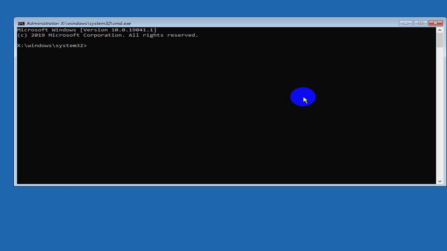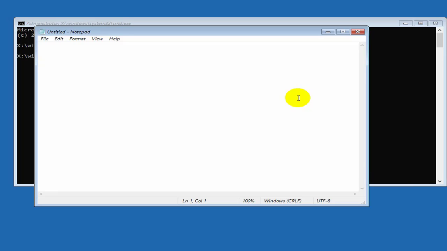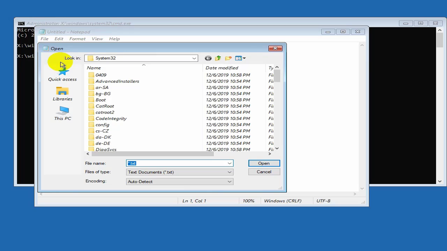The window enters the command display. You will type the commands to enter the settings. You type notepad and then press Enter to open it. Next, you select File and select Open, which will open the folder window containing the drives and files on the